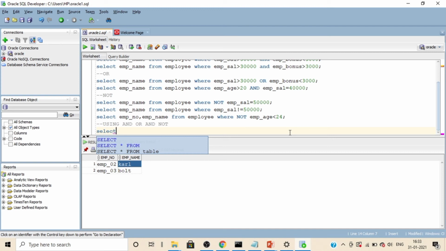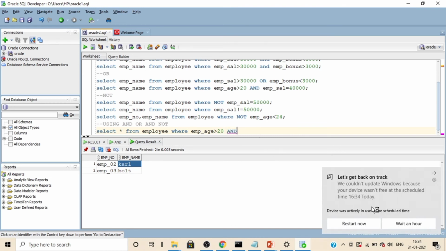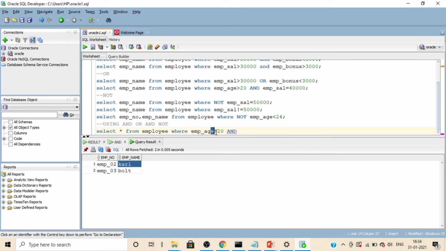Now I'm trying to frame a query using all the logical operators. Select all the information from the employee table: select star from employee where emp_age is greater than 20 and emp_sal equal to 30,000 or, I'm separating this inner condition with OR, and the other condition is not emp_sal equal to 25,000.